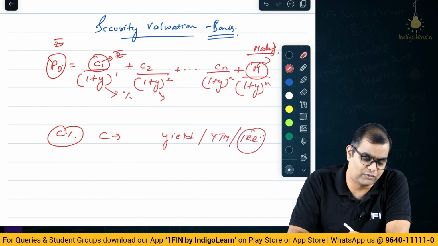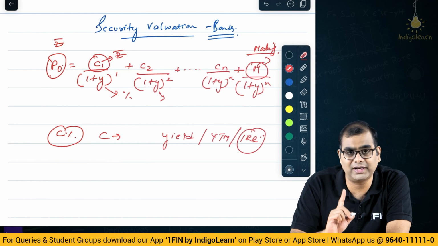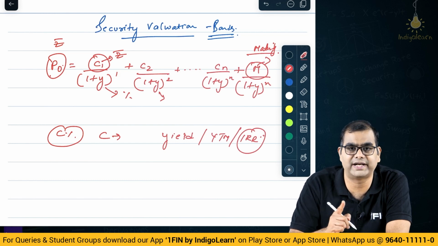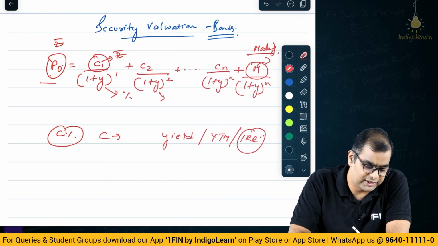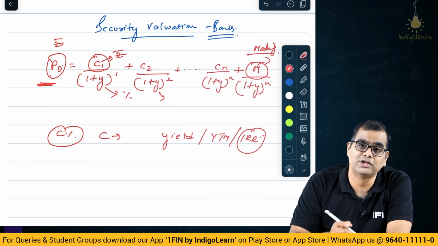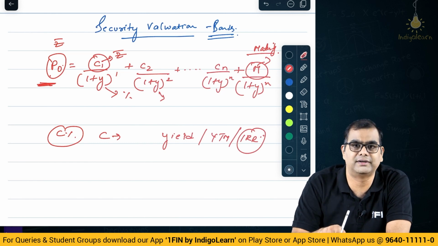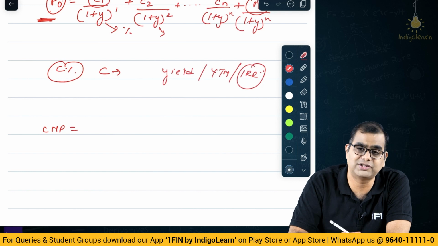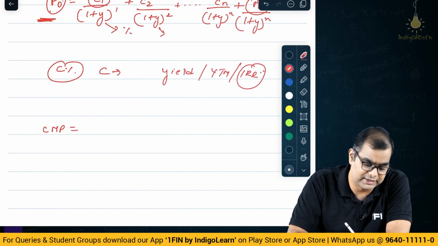If this is the IRR, what is the price? See, the typical IRR formula is: IRR is the rate at which the present value of all cash inflows and cash outflows match each other. Present values match. But here we are saying something called a price. So price is something that is quoted in the market. So taking the market price, if the current market price is known, then